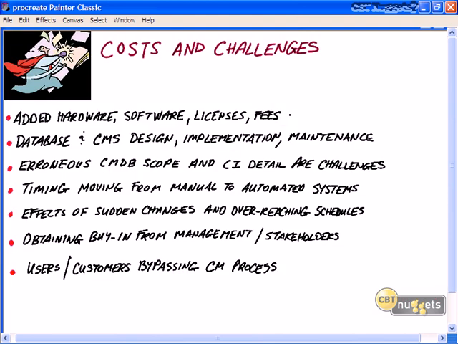Finally, let's explore some of the costs and the challenges to configuration management. Again, one of the costs is simply adding hardware, software, licenses, and fees to the bottom line of your organization, business expenditures. There's also the cost of managing and implementing the database, the configuration management system design, implementation, and ongoing maintenance. Some of the challenges are designing the CMDB improperly, having erroneous scope, or errors in configuration item details, bad